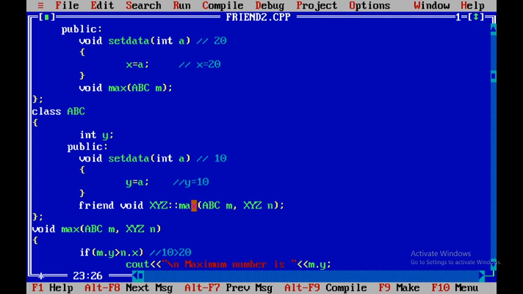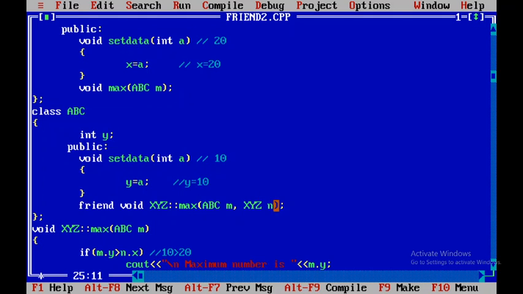It means that max is under the scope of class xyz and it is a friend. So in the definition of max, again I have to make some changes: void, the name of the class xyz, scope resolution, max, abc m.